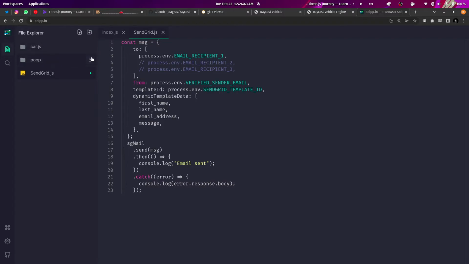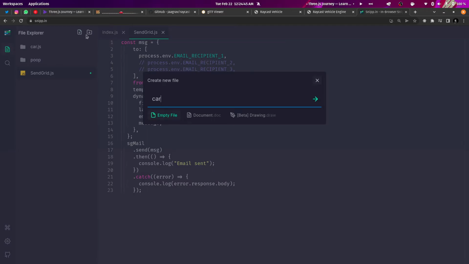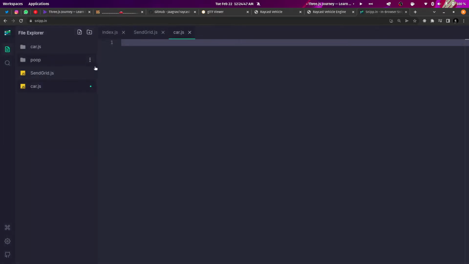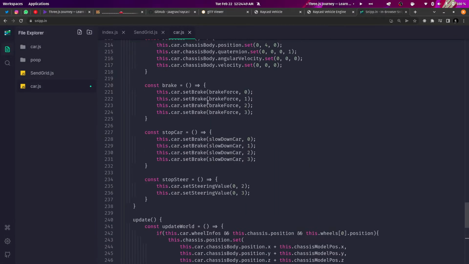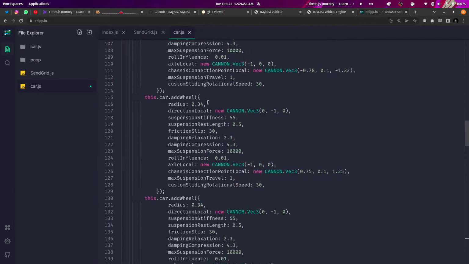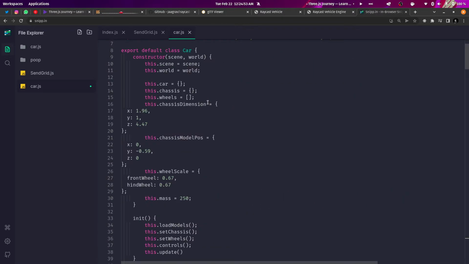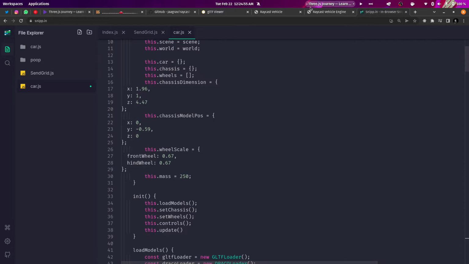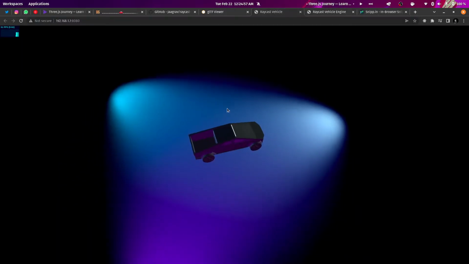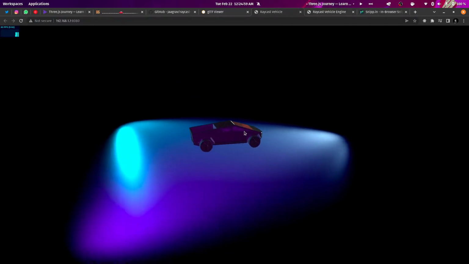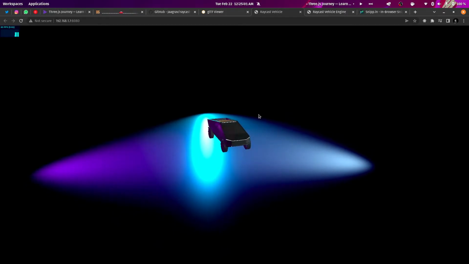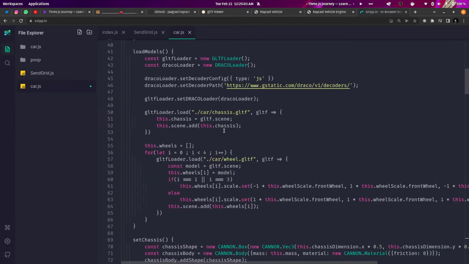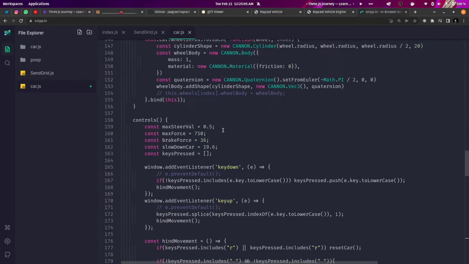Okay, that's a folder, car.js, and inside this I can paste all the car code. So this is all the code that is required in order to get this car moving on your browser. That's how much code you need to write. It's literally